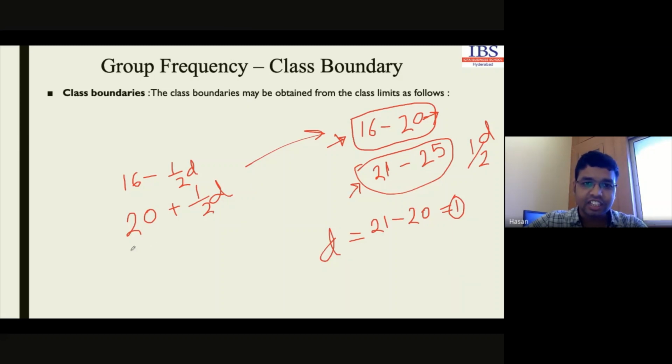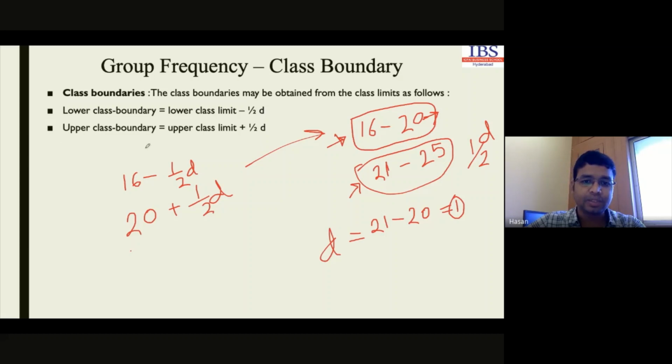So this is the class boundary. We'll have to decide in this way. Look here. Lower class boundary is the lower class limit for a particular class minus half of the distance. Again, upper class boundary is the upper class limit for a particular class plus half of the distance. Basically, if 16 to 20 is our class, it is like our area, and we put a boundary beyond the end of the area. So this is our area and we'll have to keep the boundary beyond this area. This will be our actual area.